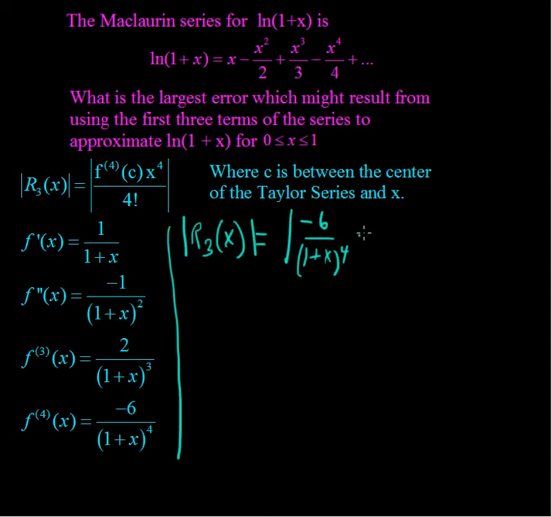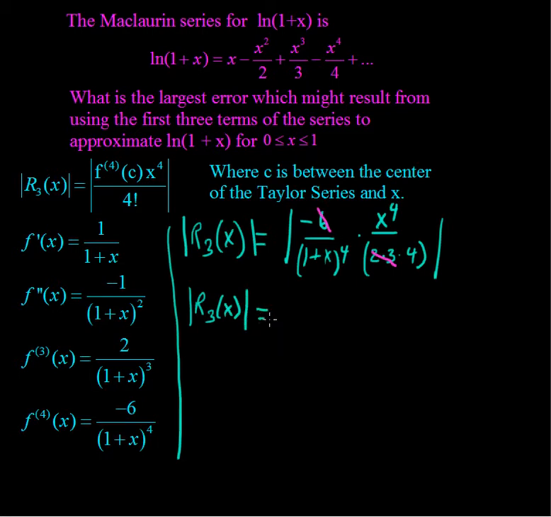And then times x to the fourth over 4 factorial. And for ease of calculations, I'm going to write 4 factorial as 1 times 2 times 3 times 4. And you can see why that's nice, because then if we want to go over here and cancel things out, the 6 will cancel out the 2 times 3. And the absolute value is going to take care of the negative. So we can go back to simply the absolute value of the remainder